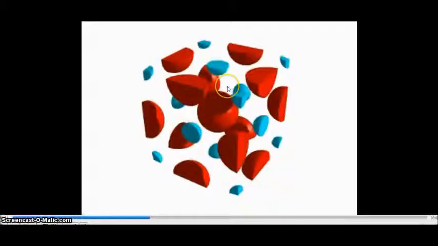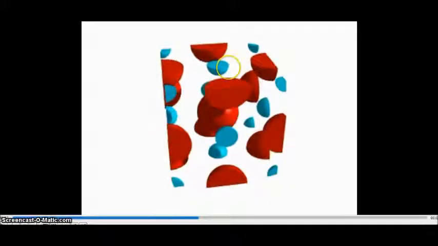From this picture you can get a concept of coordination number. What is coordination number? Look here, this is a chloride atom and it is surrounded by 6 sodium atoms. Again, this is a sodium atom and it is surrounded by 6 chloride atoms. So the total number of surrounding atoms is called the coordination number. The coordination number is also an important unit for a crystalline solid.